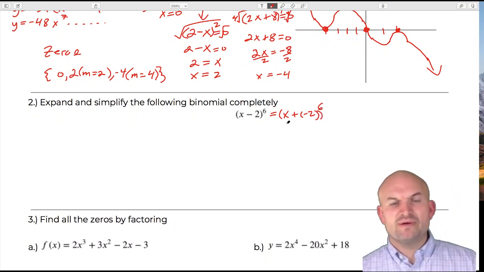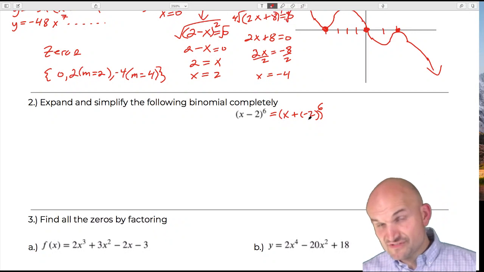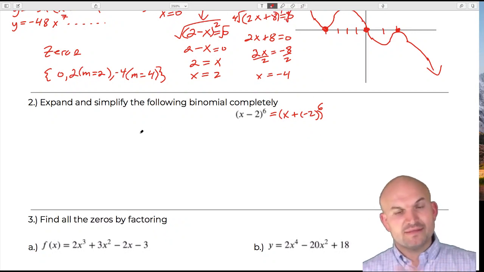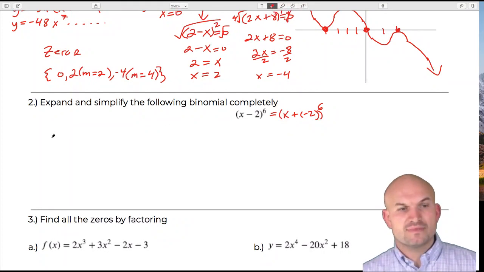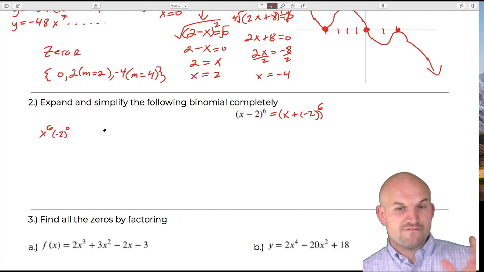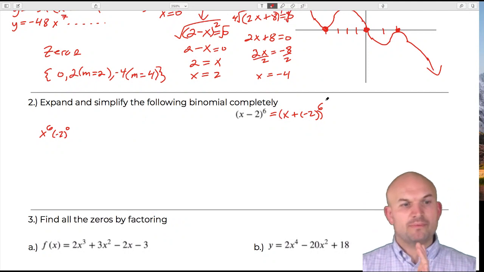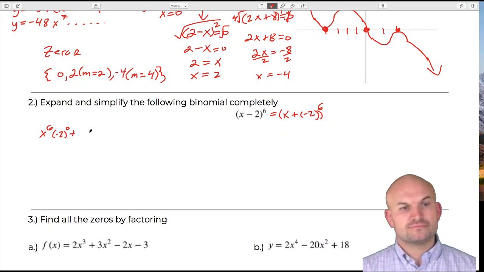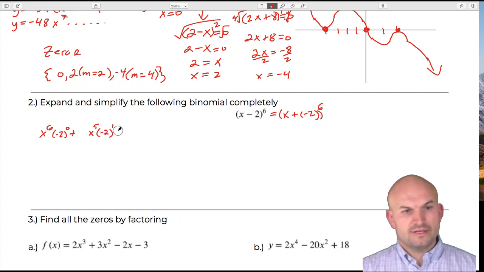Okay, so therefore we could represent that x was my first term, -2 was my second term, and the first thing that we talked about in class was understanding the pattern of the powers. So remember we started with x to the 6th, -2 to the 0. That first term always starts at the highest power of your binomial expansion and then goes down in descending order, whereas the second term starts at 0 and goes in ascending order. So then we had x to the 5th, -2 to the 1st,